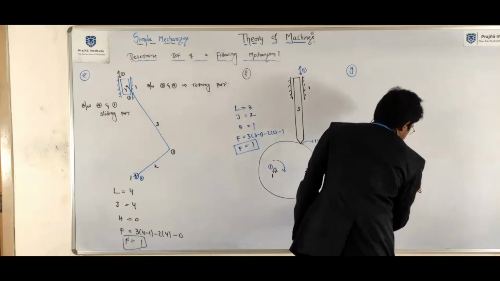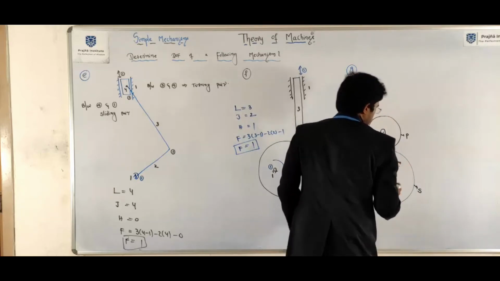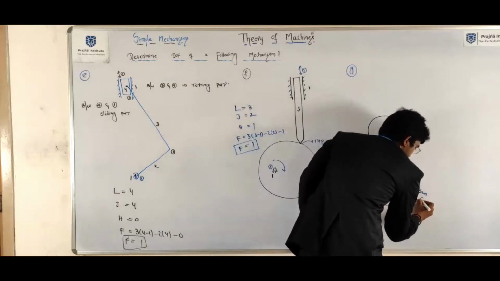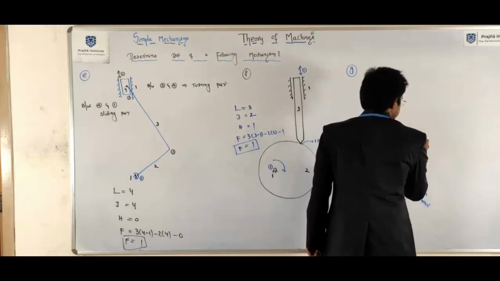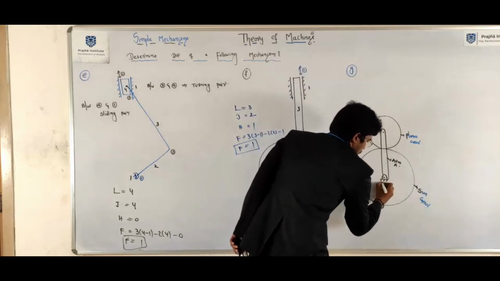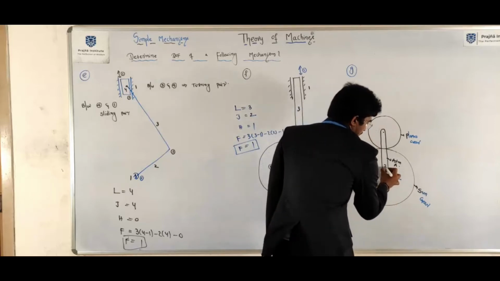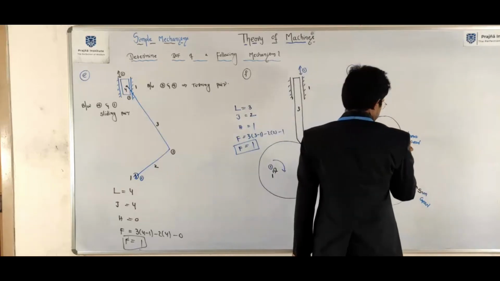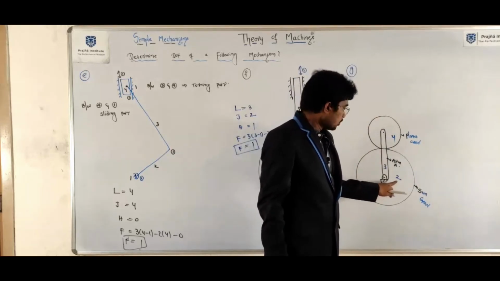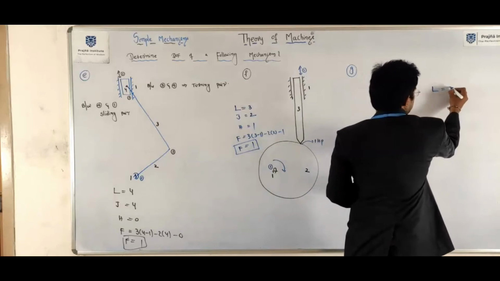This is sun gear, planet gear, arm gear. Arm gear. Sun gear, planet gear. Now see here, the fixed link is 1. One link is the sun gear, linked to the arm is link 3, and this is 4. Total number of links equal to 4.